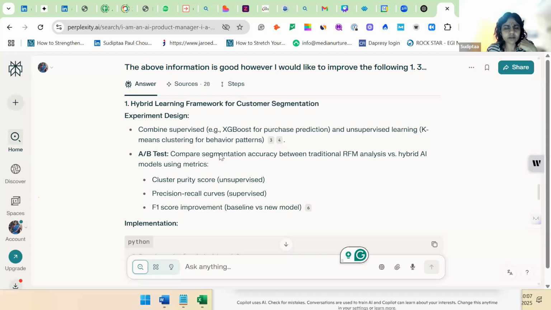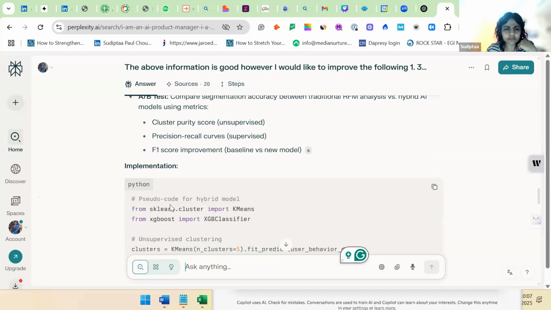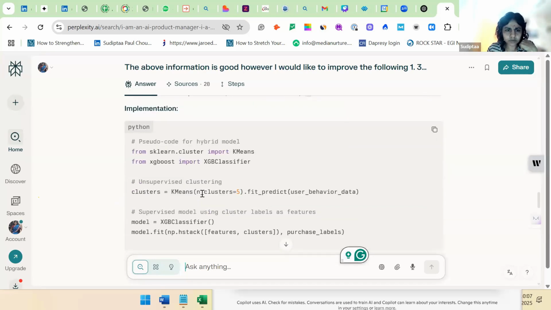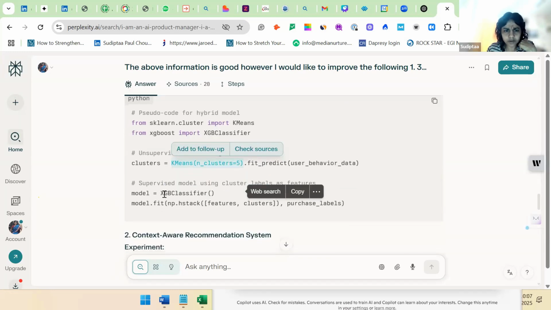It also gave me one extra step: if you are a designer working with the Python data science person, you can actually use these as pseudocode. And when you give them this, see, this is where the clustering is used, k-means. I told you about the unsupervised learning, right? And then in the supervised model, there is a classifier class or function. They have stored this classifier in that model, and then they are calling this model when a particular feature is applied to this particular cluster, and this is the purchase that has been made by that cluster, then you will store this as a fit.